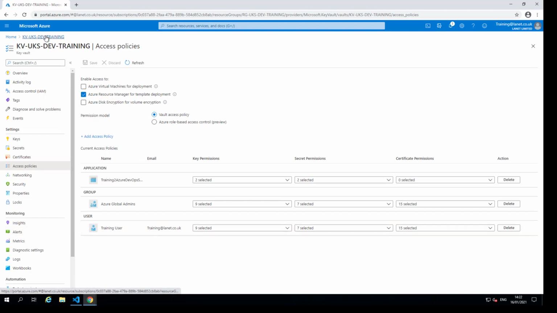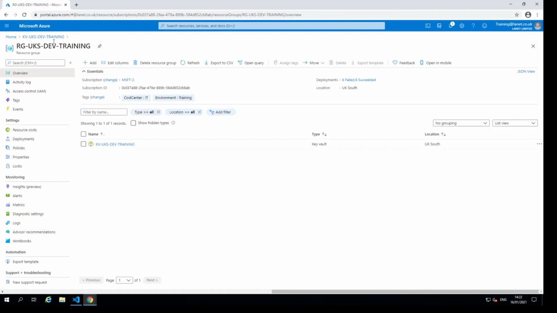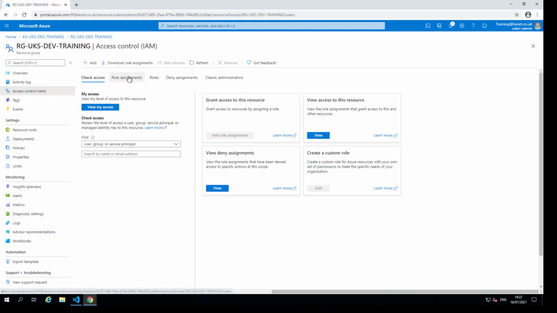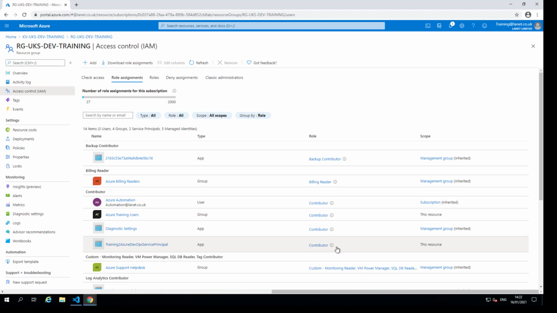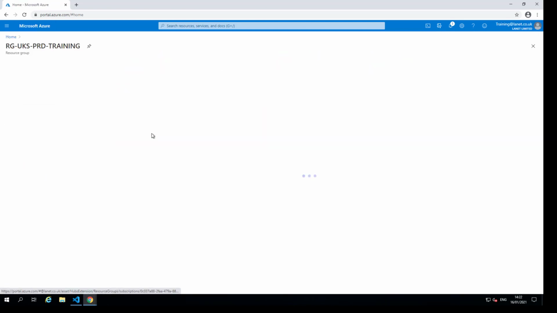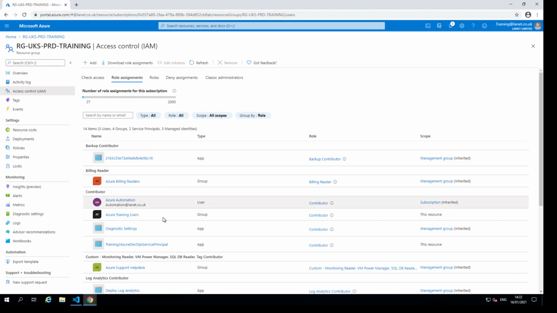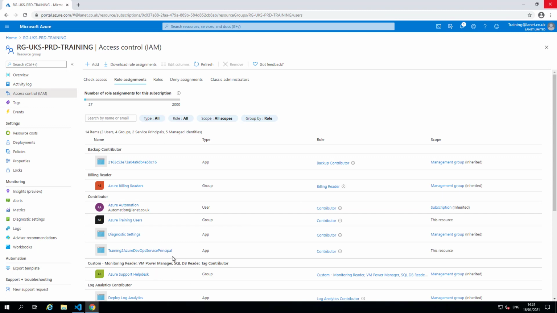So now if we look at the resource groups, we should see our access settings here. Access control, yeah. The service principal exists and it's got access here using the scope of this resource group. And if we just go back home, we should check our production resource group, and that again should have the same level of access. Yep, so it's granted the permissions there for us. So now let's look at the service principal that we just created in DevOps as well.